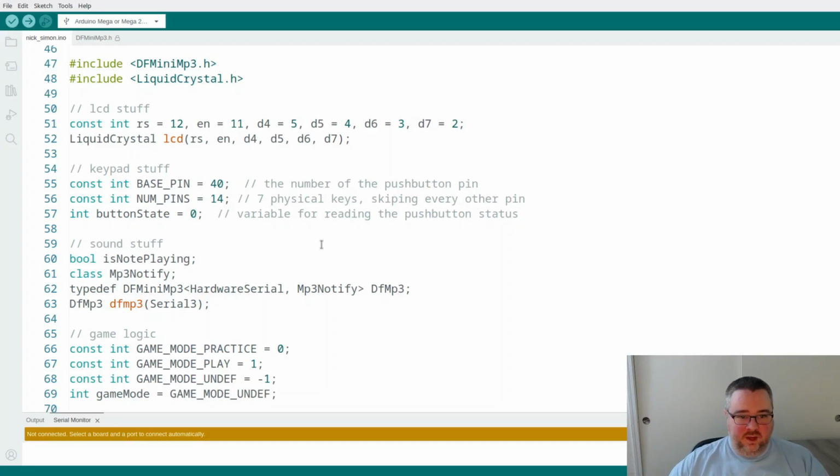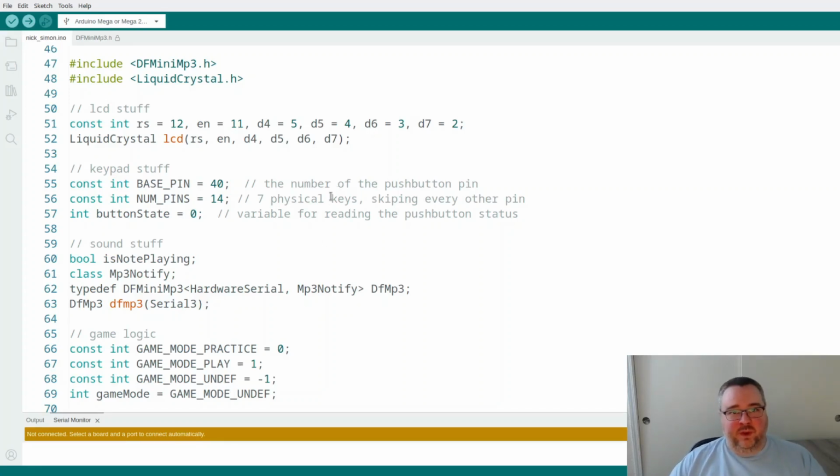Hey all, what we'd like to do today is go through the code for our Arduino Notes project. We taught you last time how to build this project, and what we're going to do is teach you the code part of it. So how does this thing work and what are the brains? That's what we're going to go through today.